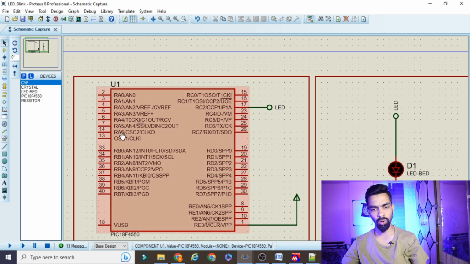you can see all the ports here. RA is a port, RA from 0 to 6, it is one port. Then RB from 0 to 7, this is another port. Then we have the RC port, then we have the RD port. So all these are the four ports. So if you want to use any pin from this port, let's say RC2 we are using, that is connected